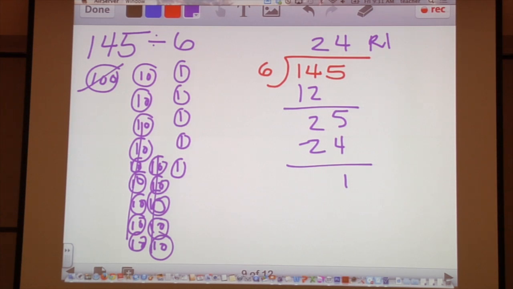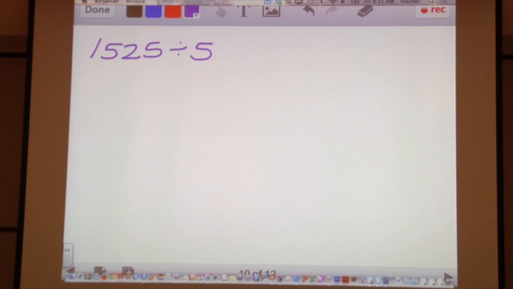Right? And so the modeling starts. That's where we start. We start with those discs, we're modeling. We're breaking hundreds into 10s, 10s into 1s. Then we transition into doing both. We're doing the modeling at the same time as we're doing this kind of standard algorithm that we're used to. And then we transition into just doing this, where we say, okay, I'm breaking